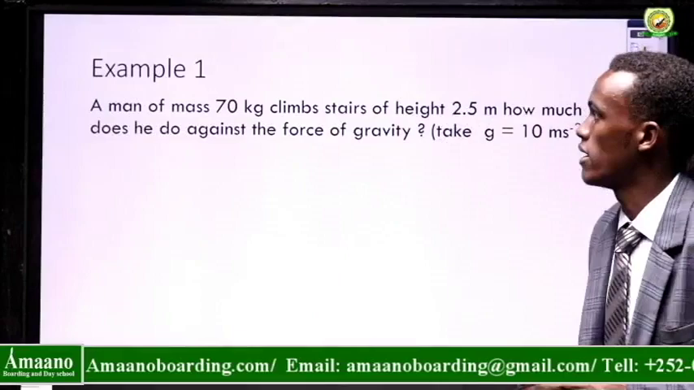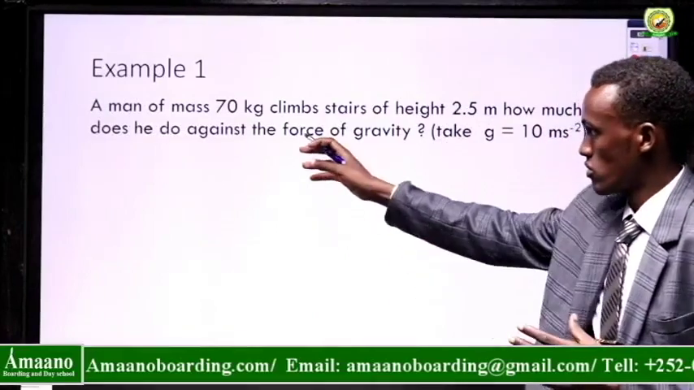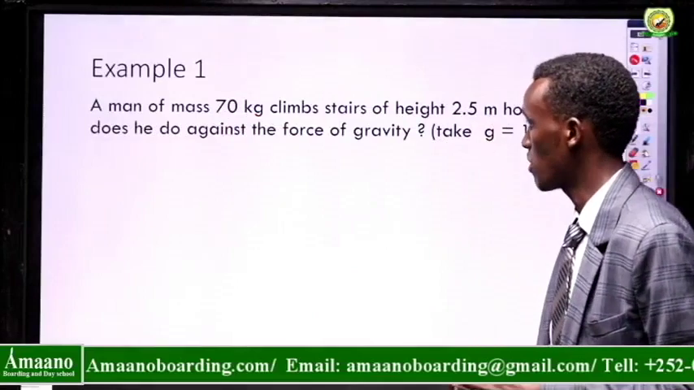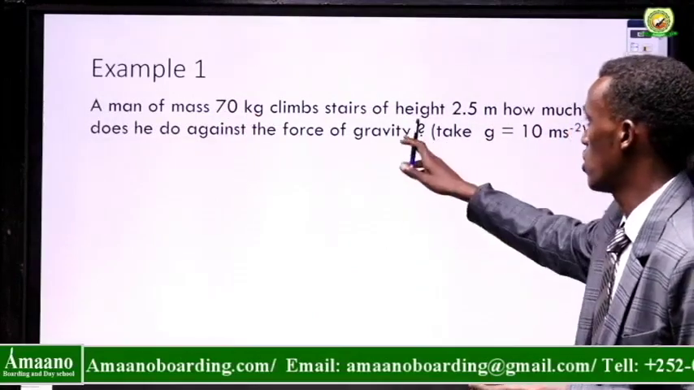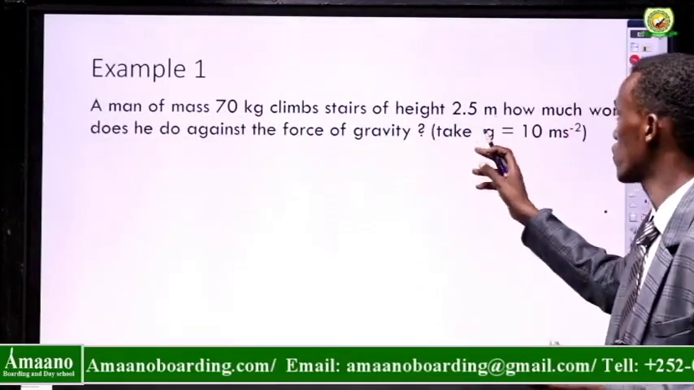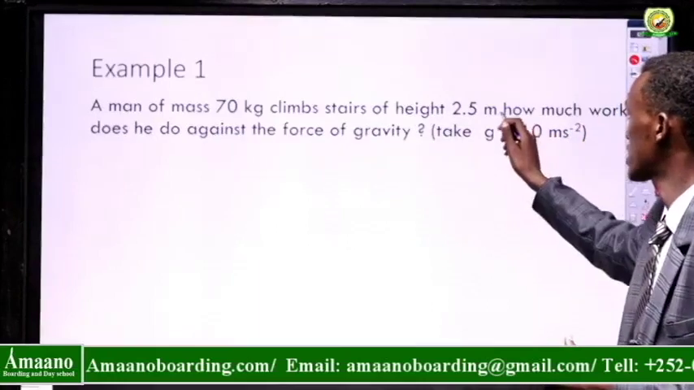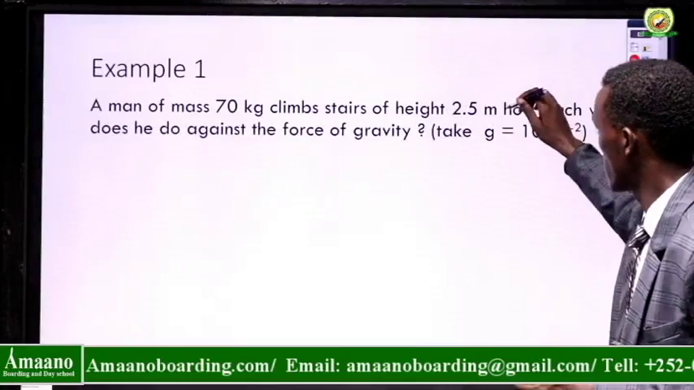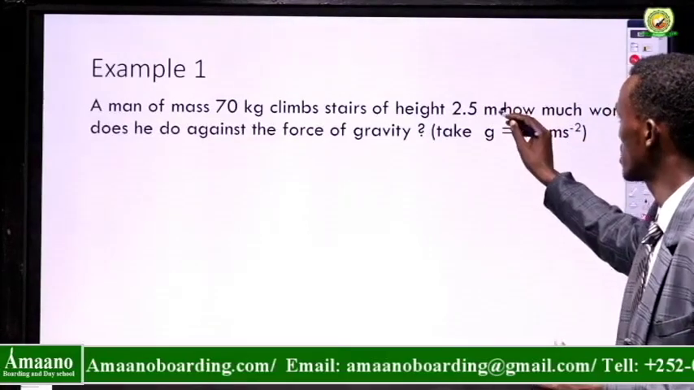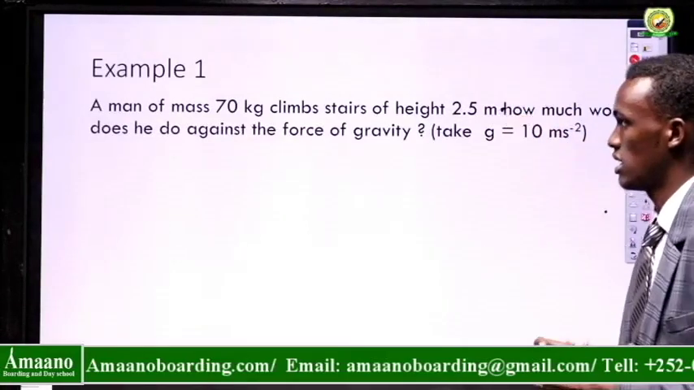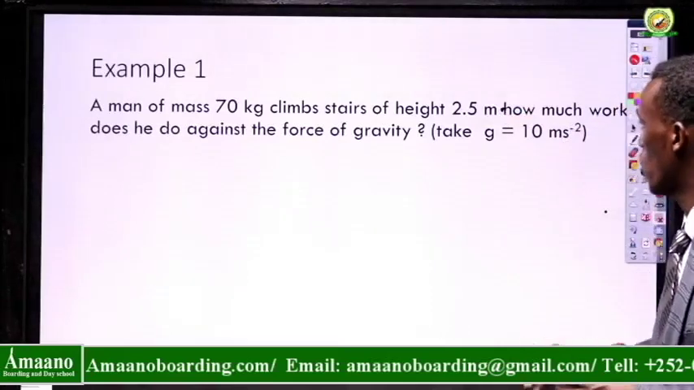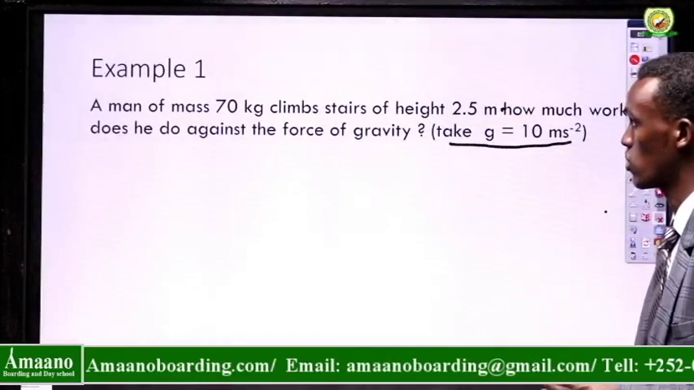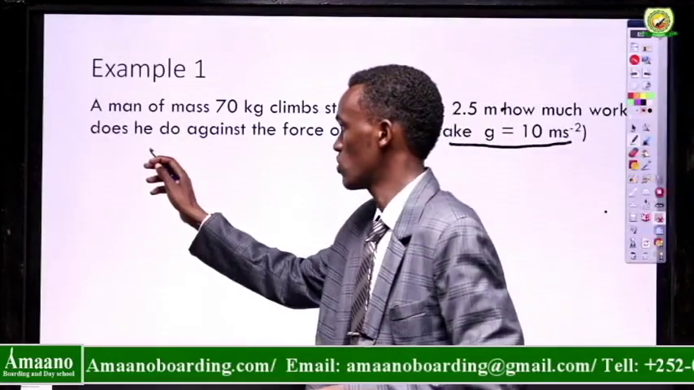Example: a man of mass 70 kilogram climbs stairs of height 2.5. How much work is done? g is always constant. So first we write the solution,